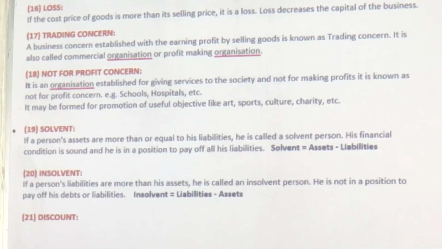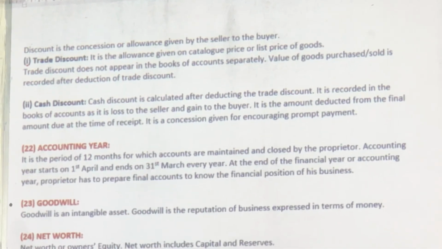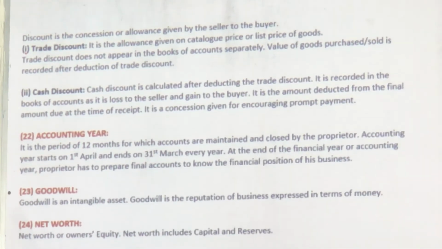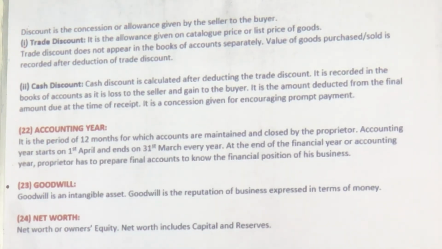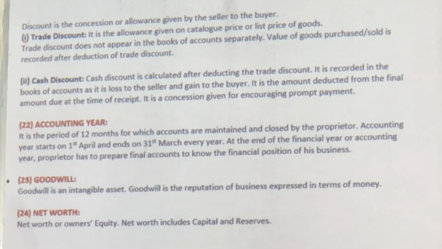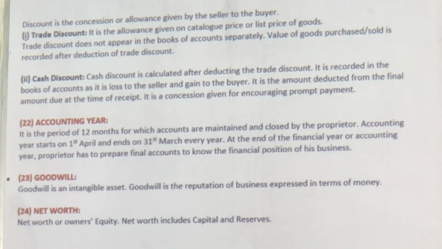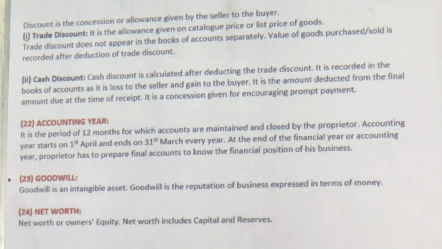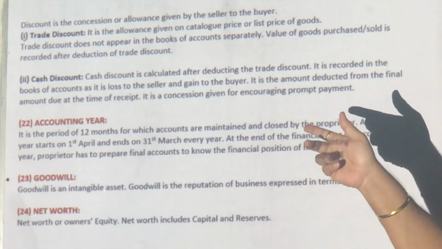Discount, we will see. Discount is a concession or allowance given by the seller to the buyer. We give trade discount, we give cash discount. Cash discount is when you lower the price, you pay less. Trade discount is, we will tell you, you sell 50 TVs, I will give you a Santro car. I will give you 2% more discount if you sell 100 units of the goods. So both discounts are different: per item and per so many items.